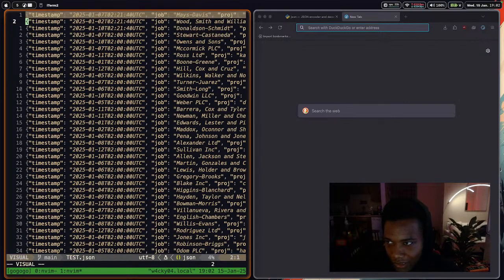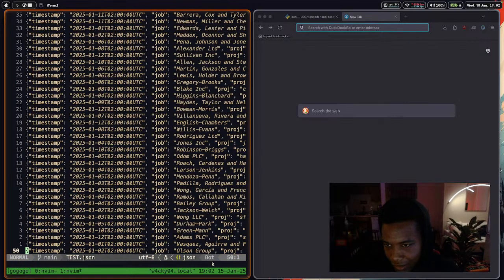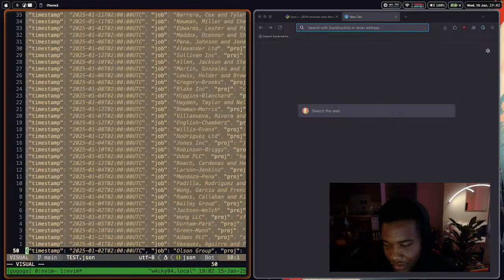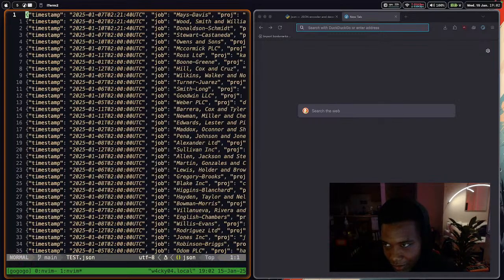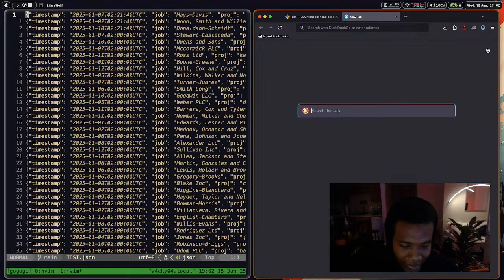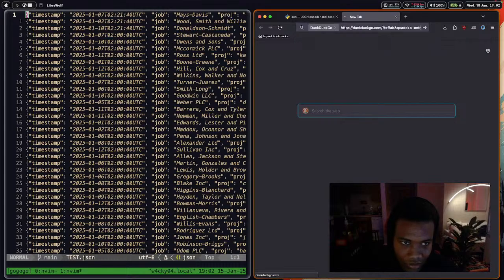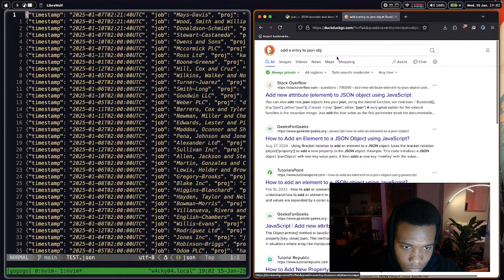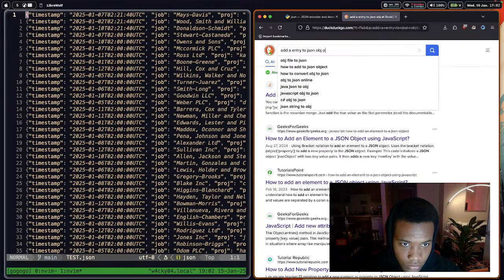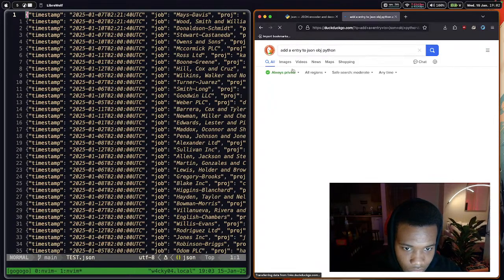and then when I'm about to export it, I could just say, if you want to export it as like an API kind of return, where it'll be like a proper JSON response, then I could do that. But could I just add an entry to a JSON object? Let's keep it to Python. Really,